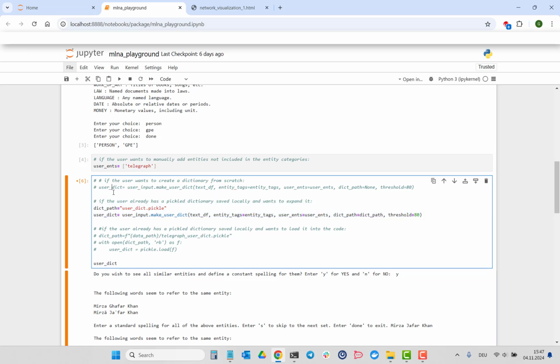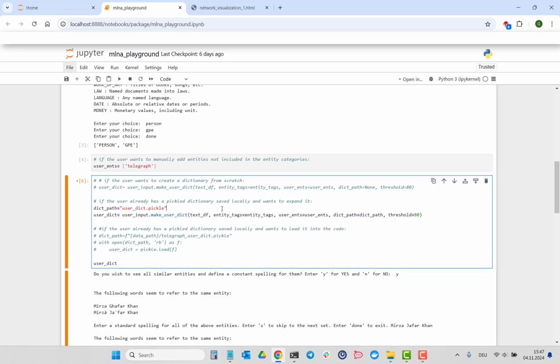Here, I'm going to pass a dictionary path to the makeUserDict function. And the dictionary path is the path to the pickled dictionary that I have just created. So I am using the dictionary that I created before and I'm expanding it, but this time with a different